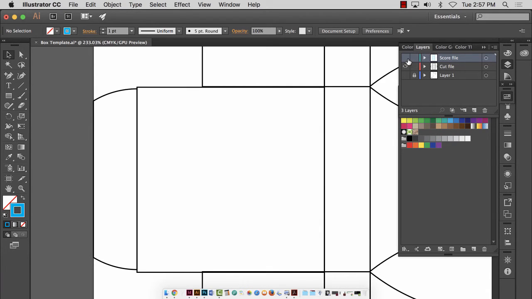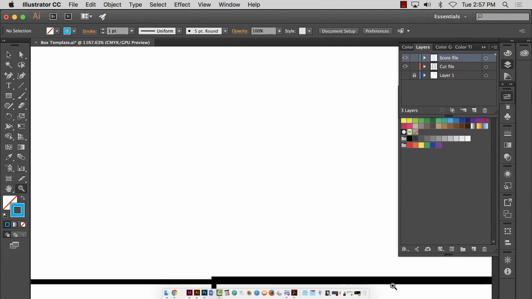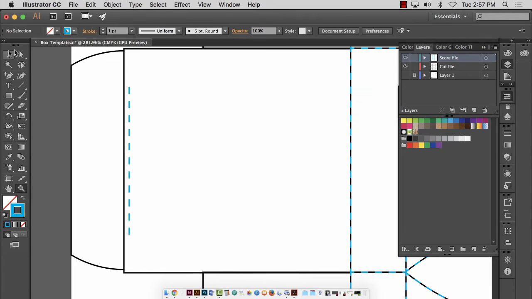It seems like the box did move. Did it move? Let's zoom. Let's see if that box moved. It may have. Ooh, it did move slightly. Ooh, we don't like that. Let's try that again. I think I'll just center align them to each other and then pop them back in